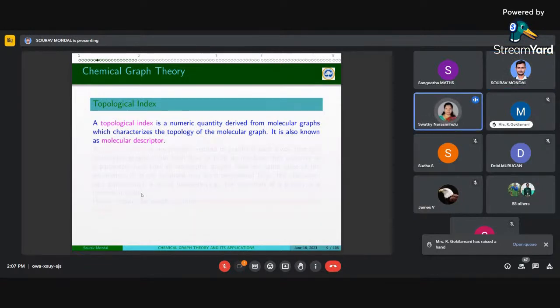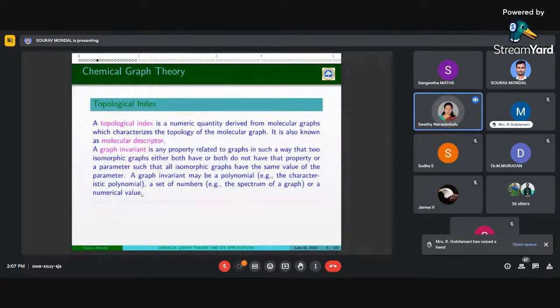Since it explains different properties of molecules, it is